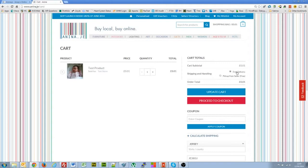Also the ability here for the customer to select, as I said, just doing free delivery right now, but also to pick up from the seller, so that you don't need to post something out to them, they can come and collect it. So if we just proceed to the checkout,